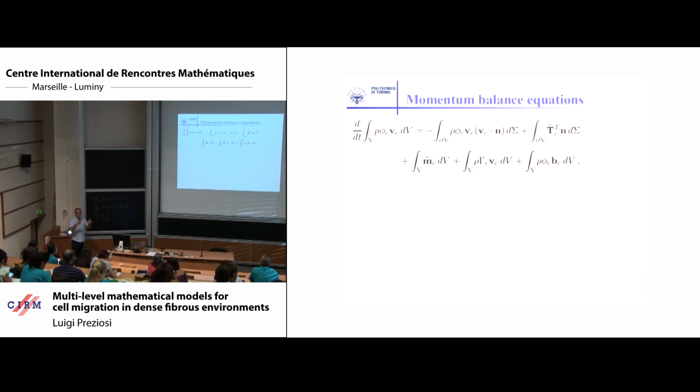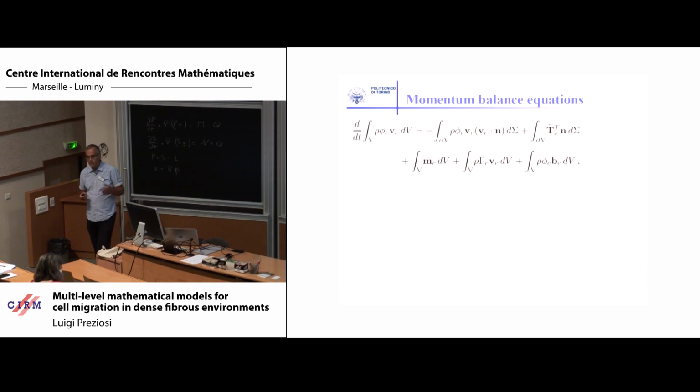In that control volume that you are looking at, the field of the microscope. Okay, so there is one thing that is related to the flux, because if there are cells that enter with some velocity, you will compute an extra momentum, because before you were counting only the momentum inside the field, and then you have another car that is coming in with a certain velocity, so you will add another momentum. Then there is something that is related to the stress at the boundary, in the sense that